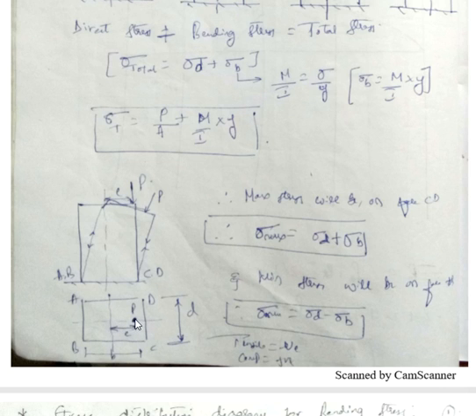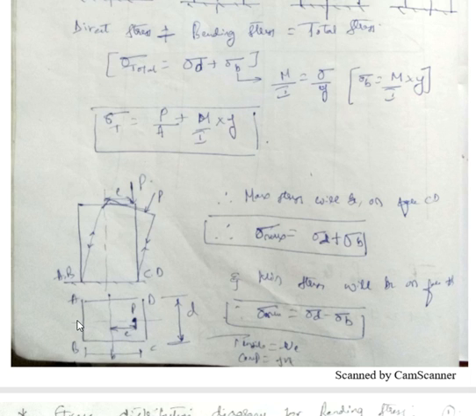If instead of the load acting at this point, it acts at this point, then it is along the y axis, but the eccentricity, the perpendicular distance, is with respect to the x axis. In that case, the beam will bend away from us. If you hold the pen and apply the force away from yourself, then the beam will bend away from us, so it will bend with respect to the x axis. Then we can take Ixx.